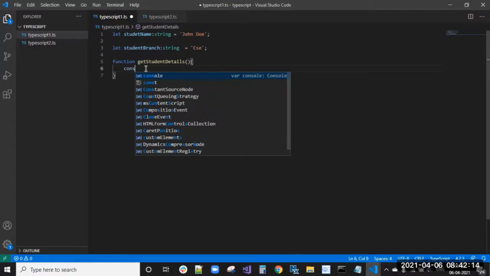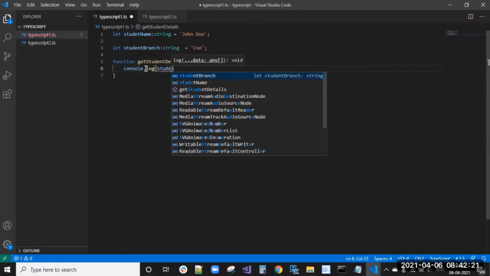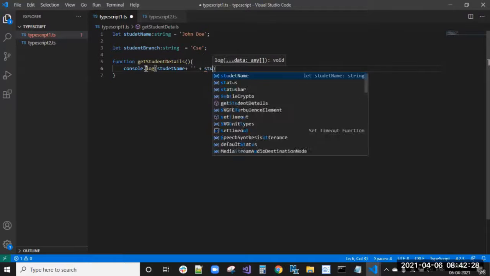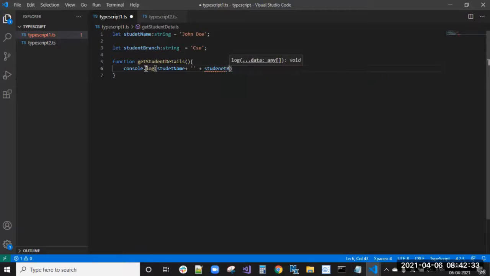What this function will do is console.log of student name plus student branch. So these three things, student name, student branch, and get student details, I have in TypeScript 1.ts.